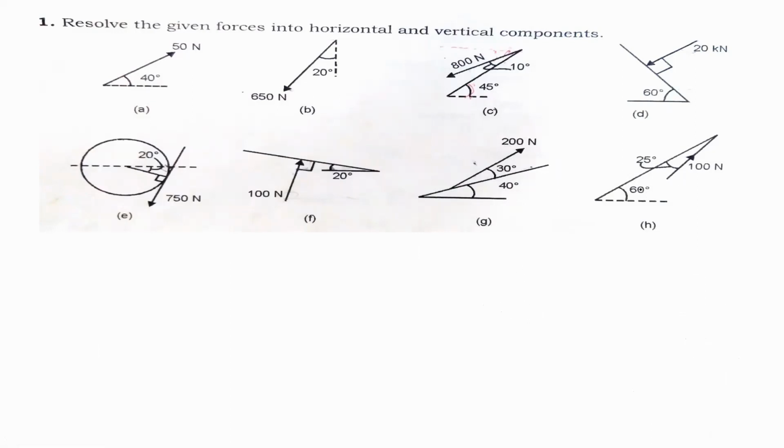So in the last case, the force given is 100 Newton. Okay. And this is the direction of the force. This angle 25 degree given, it is not with respect to the x-axis or the y-axis. So it is given with respect to this inclined line, for which the angle is 60 degree. Okay. So here we can find out the angle either with respect to x-axis or with respect to y-axis. Okay. So how to find out this angle?